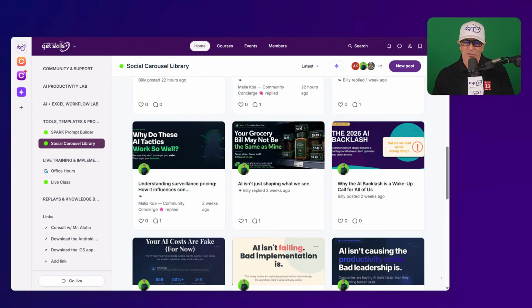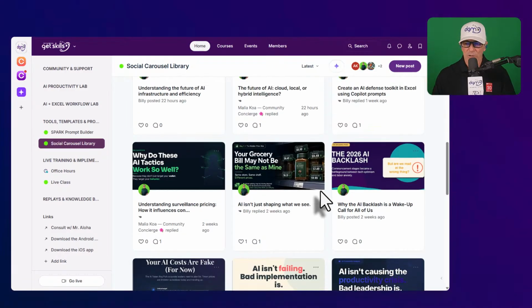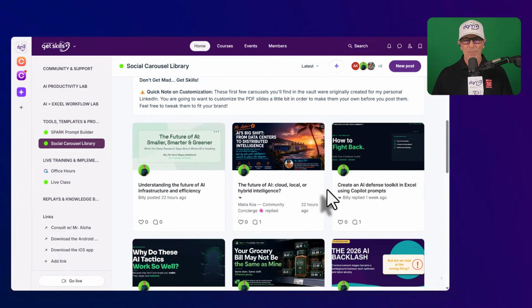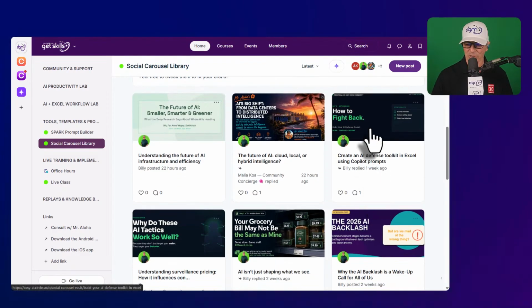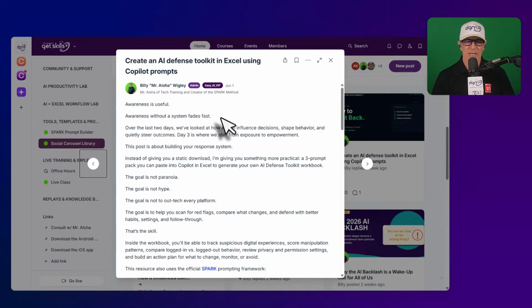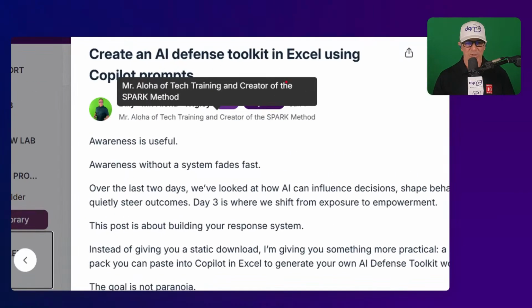And then there's surveillance pricing, and that's one that's really not fair. And we need to determine, are we being charged prices? Are we being watched? We're being surveilled and being charged prices according to what we're looking at, what we're doing. Are we being taken advantage of? How can we protect ourselves? Now, I recommend you come back into the community, go back to the social carousel, go through this series. It's really interesting. And in the Create an AI Defense Toolkit post right here,